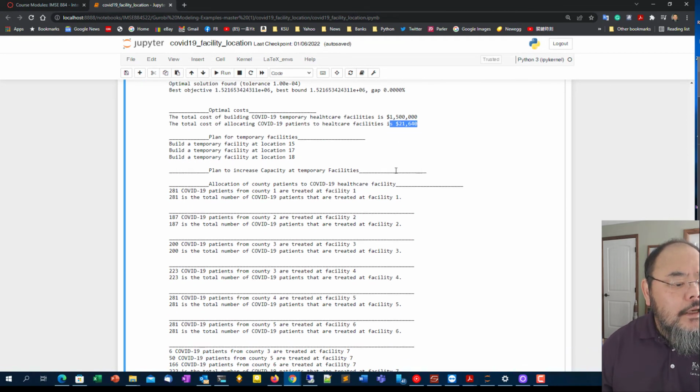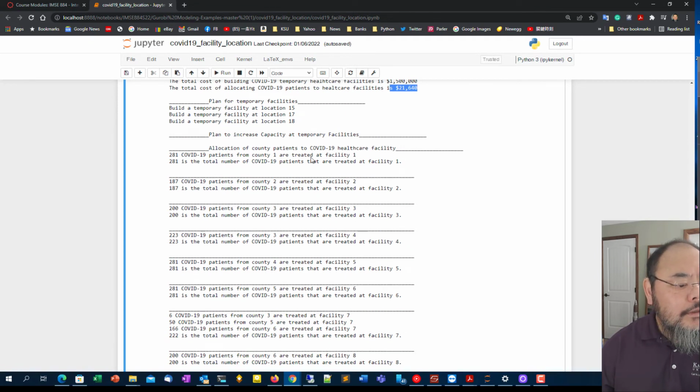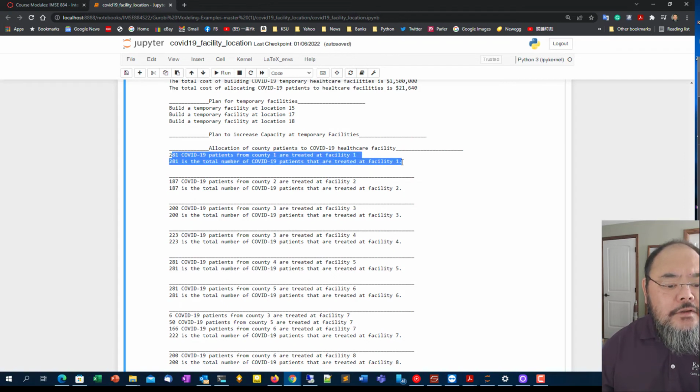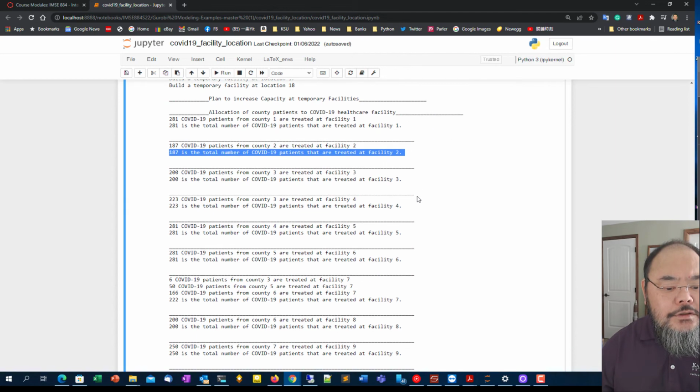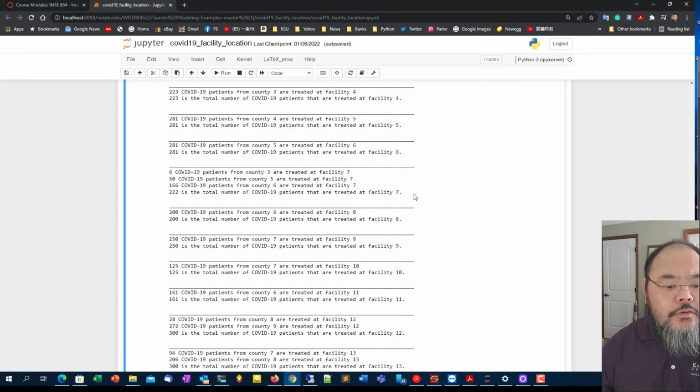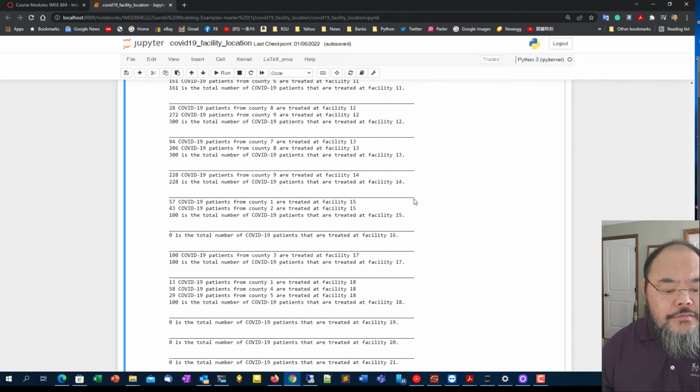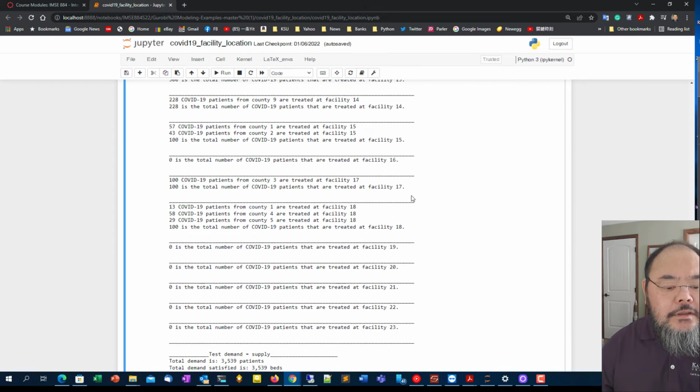Okay, and we suggest to open locations 15, 17, and 18 to serve. So how many patients are covered in facility 1? How many patients are covered in each one of facilities 2, 3, 4, 5, 6, all the way to 15, 16, and these are the